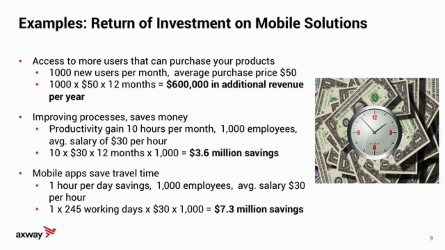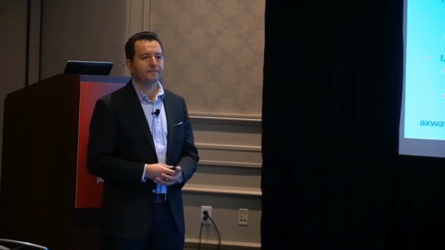So saving travel time, 1 hour per day. Again, if you have 1,000 employees, that's probably a large services organization, with the same average salary per hour. So let's not make them work on weekends. 245 working days times 30 times 1,000, 7.3 million in savings. So just to give you a few ideas of ROI calculations, it's just simple math, and I think it's easy to explain this type of thing. And obviously you can make it much more complicated, or more conservative, or more aggressive. So with that,